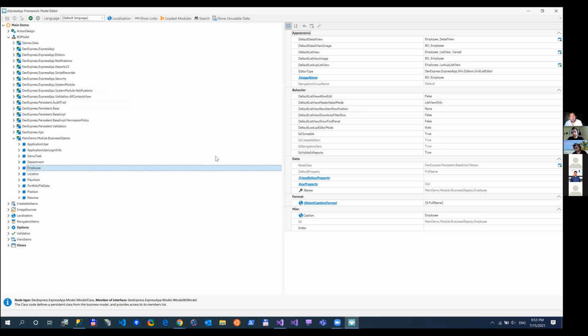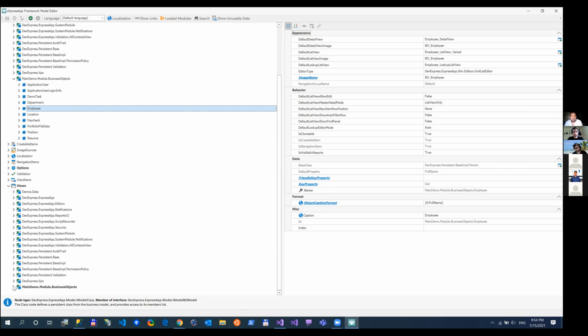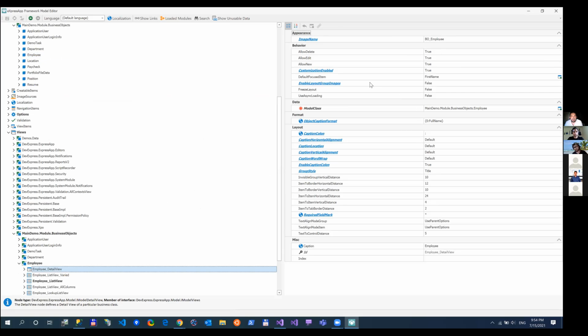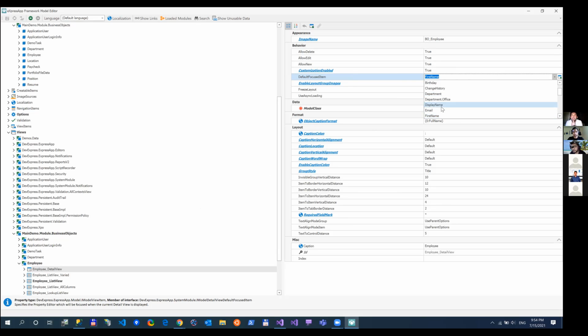While I'm in the model editor, I wanted to quickly share a few minor additions. Let me move this out. In the next version, minor version, we made it. Sorry, I'll move this here. We made many properties that are drop-down boxes editable. So sometimes